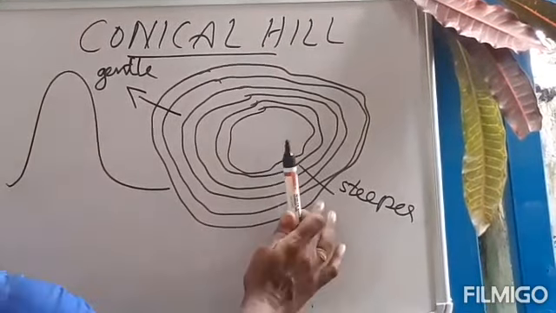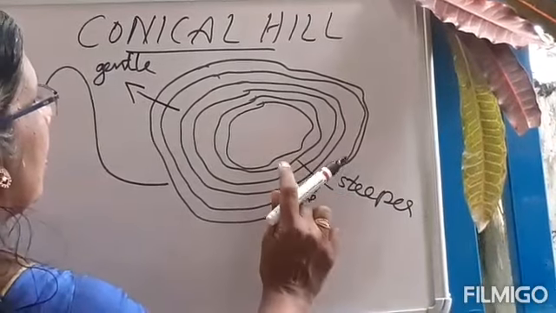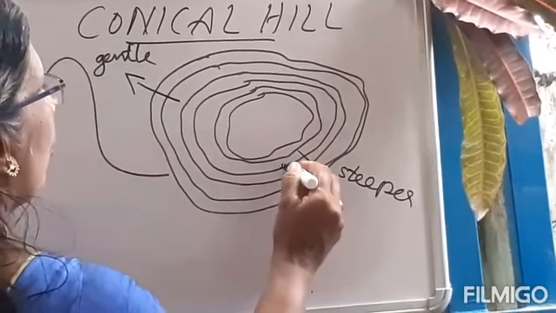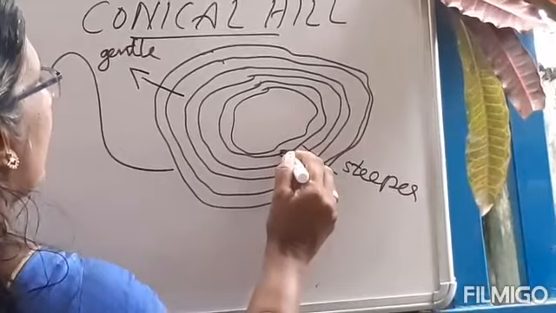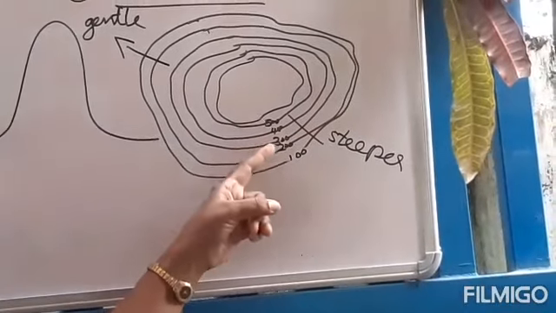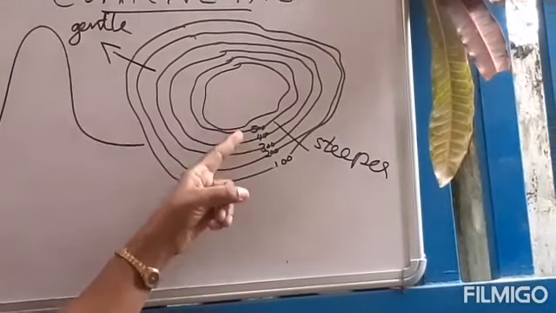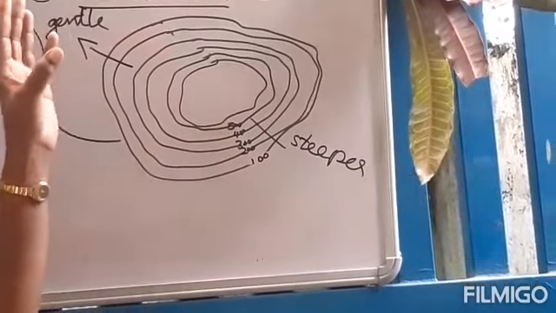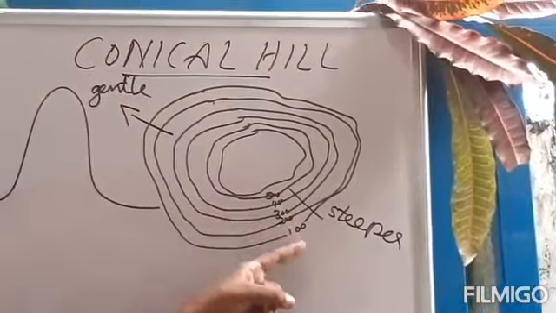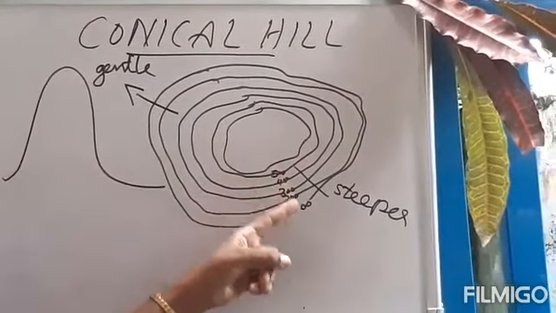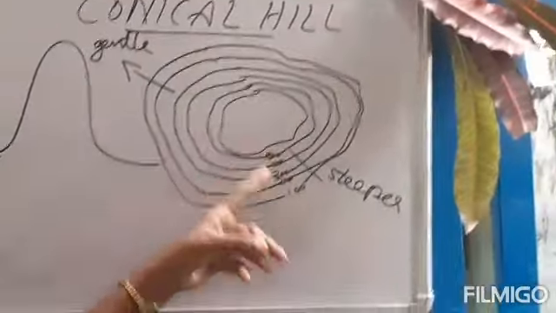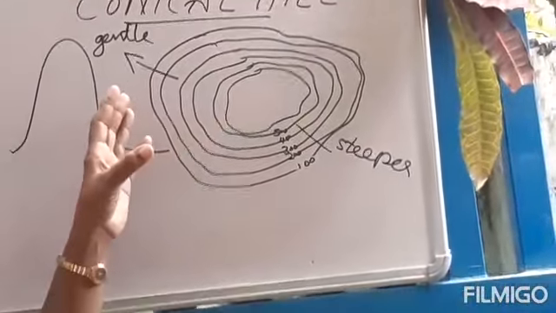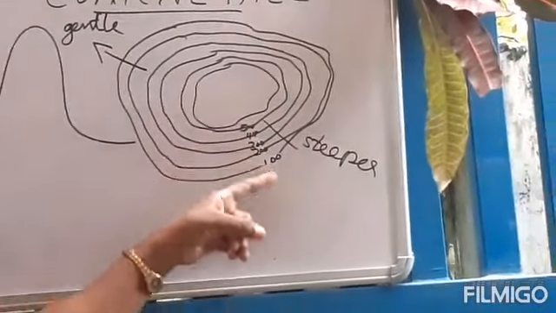Here too, see the contour interval: 100, 200, 300, 400, 500, likewise going up. Instead of 20, 40, 60, 80, here the height is shown as 100 meter, 200 meter, 300 meter, and so on. These are index contours, the fifth multiple of 20. The contour interval is as given here. So from this diagram of a conical hill, we can clearly have an idea of the spacing of contours as well as index contours.